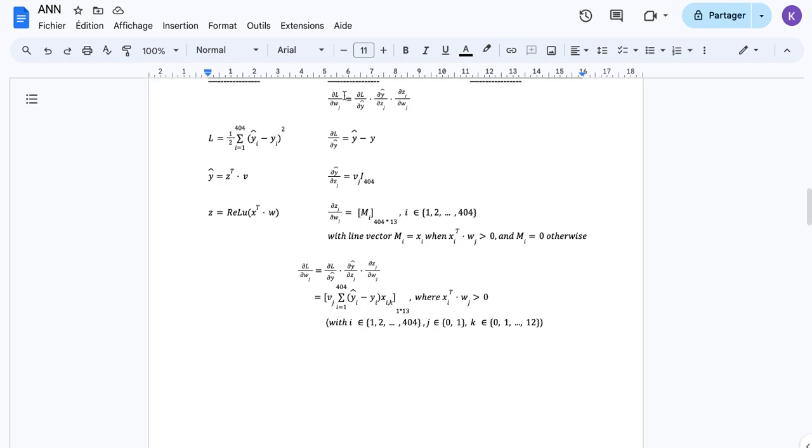Now, to obtain the partial of the loss with respect to the weights of one neuron in the input layer, we need to compute the dot product of the partial of the loss with respect to zj that we just obtained and the partial of zj with respect to the weights of the concerned neuron. We have the partial of zj with respect to wj equals this modified version of the input matrix where every sample that results in a negative dot product with wj is essentially nullified, and this happens because of the ReLU